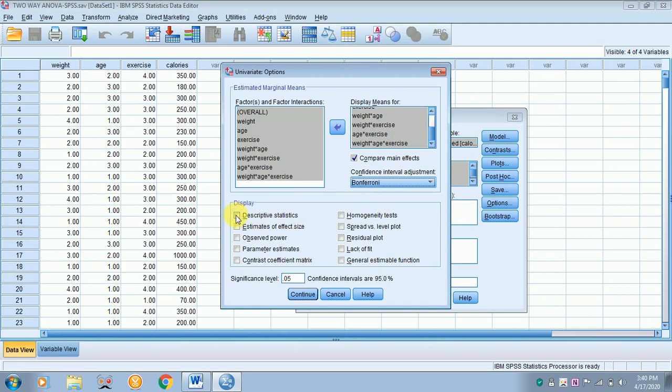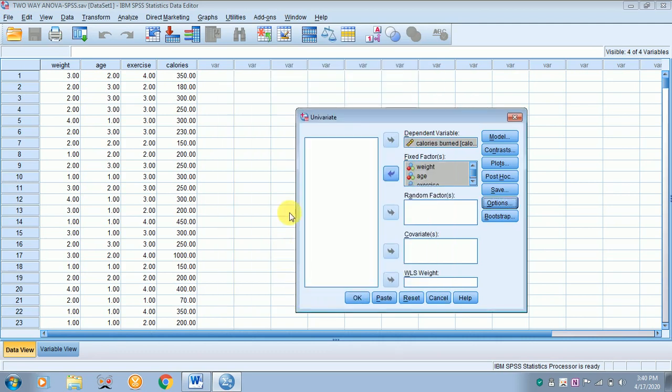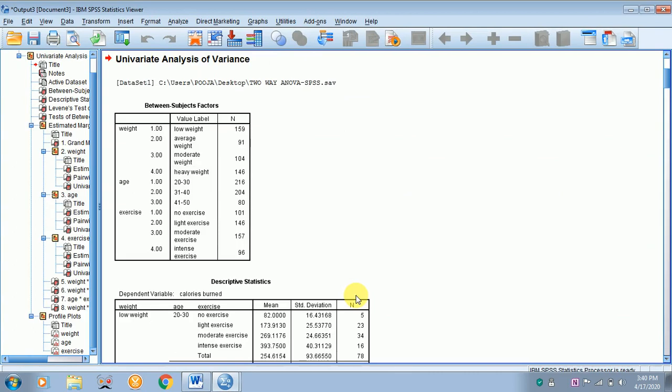Click descriptive statistics, estimates of effect size and homogeneity test. Descriptive statistics won't be discussed, but for the viewer's sake I have checked the descriptive statistics. Click continue, let everything be as default and click OK.